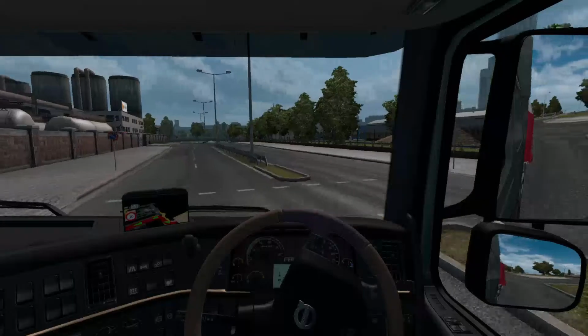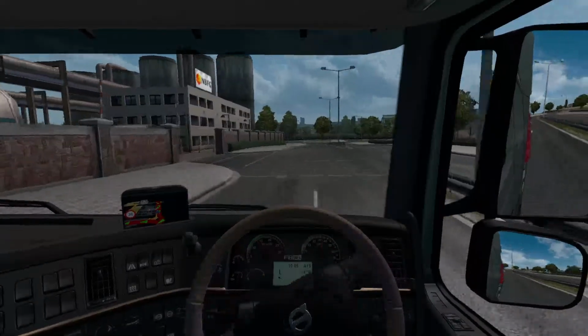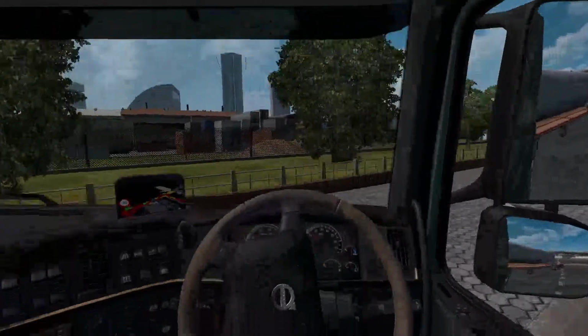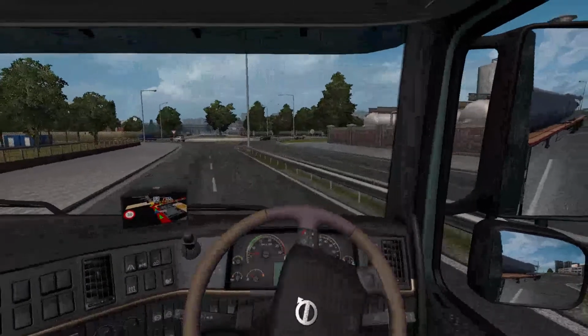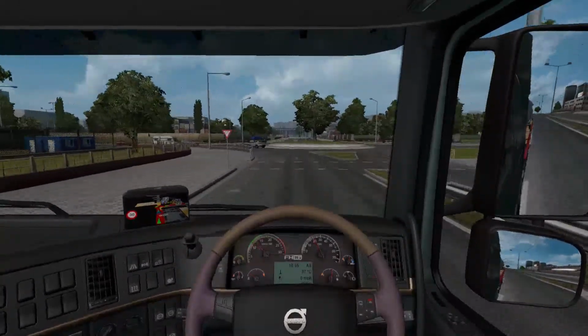Oh yeah, I forget, I don't need to use that. Sorry, F2. Oh man, I went the wrong way because I was talking. Never mind, I can just turn around here. It's not actually a registered turning point for some reason, even though it is clearly a turning point. But I'll just turn around there and get back underway. So for now we'll have to do quick jobs.